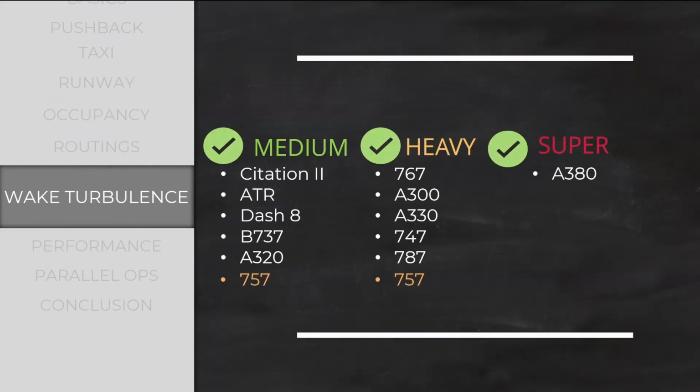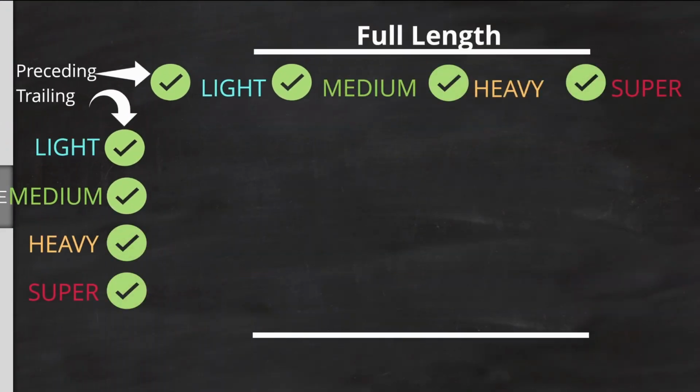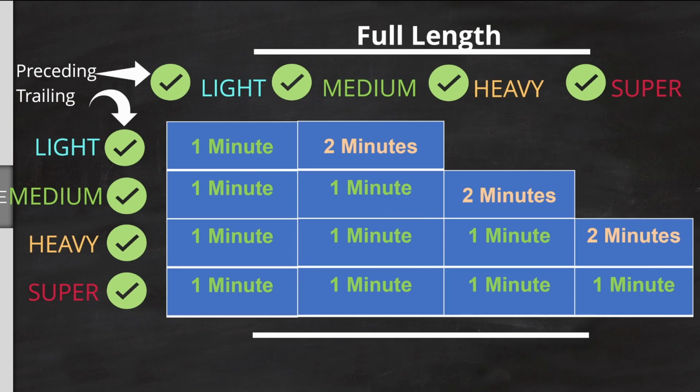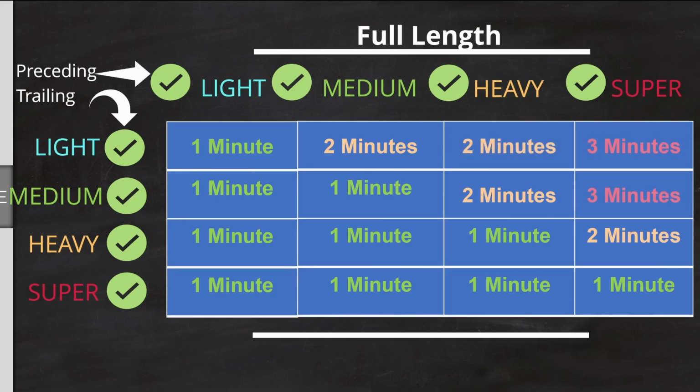So in essence, let's just get an overview and include the super category, the A380, as well. If preceding and trailing airplanes are of the same class or the trailing is bigger, it's just 1 minute. If the trailing is lighter, it's 2 minutes. And if a medium or a light is behind a super, you need to add an extra minute, so 3